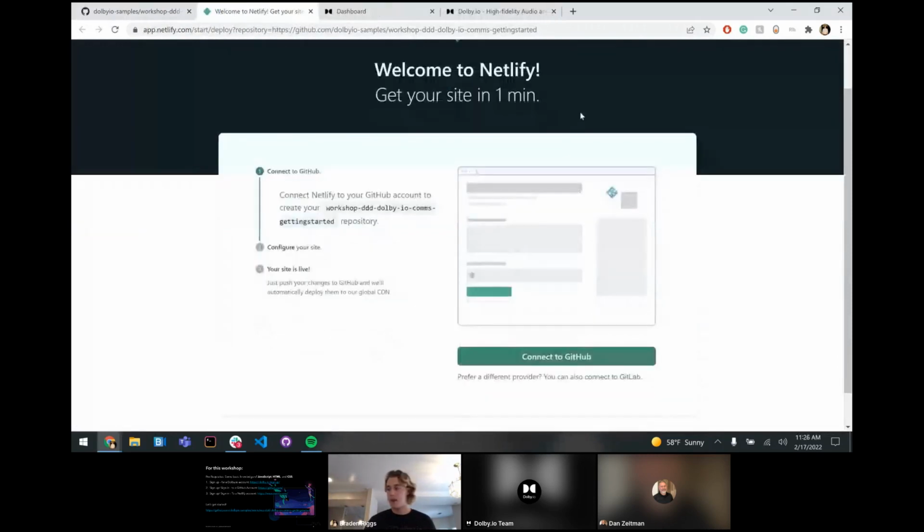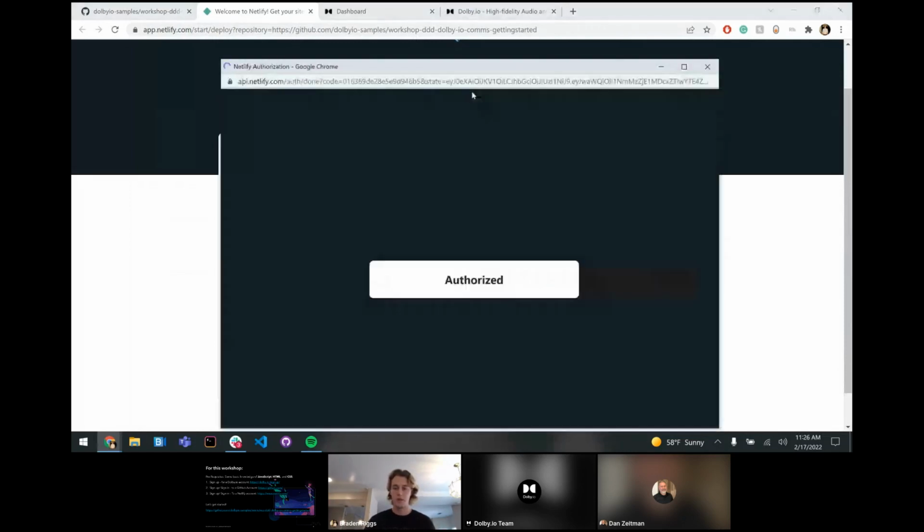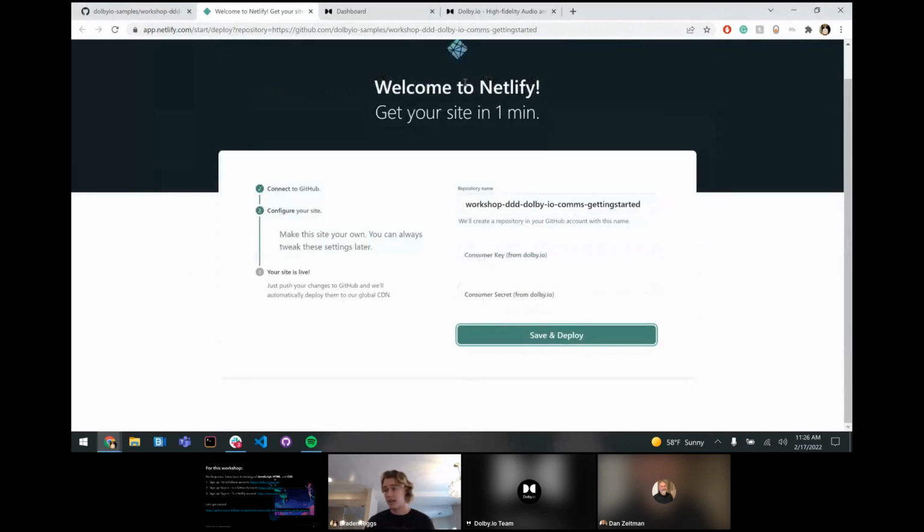Great. So from here, you're going to be delivered to this page, where you'll have the option to connect to GitHub. So we're going to click the Connect to GitHub button, which will get an extra page. I've already connected my GitHub to the account. If you haven't connected, you might see a couple extra steps where you have to authorize Netlify to connect